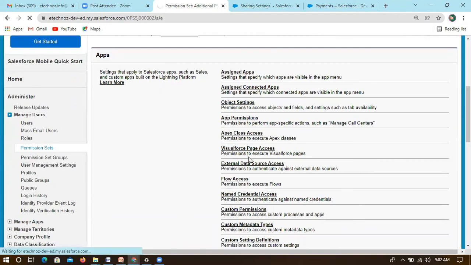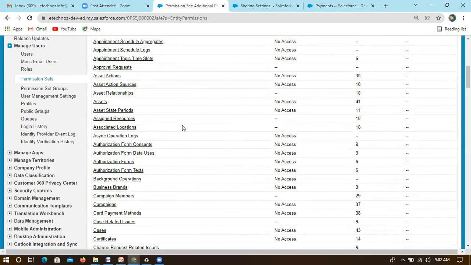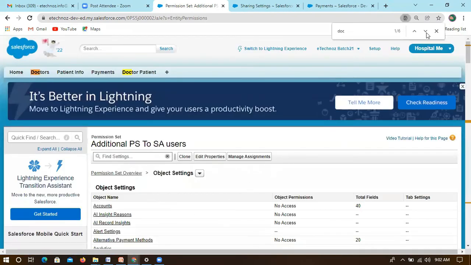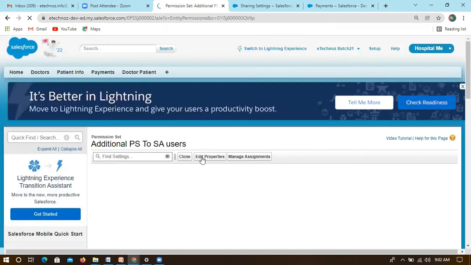something like object settings. Go to object settings, and give access to doctors. Edit this. I want to give tab level access, otherwise we cannot create data.